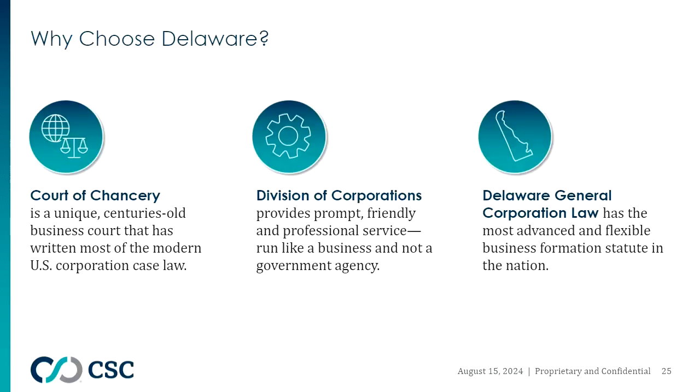Let's first talk a little about why Delaware is so popular as a place to form your entities. For the people in Delaware who work with Delaware, it comes down to 3 things: the Court of Chancery, the Division of Corporations, and the Delaware General Corporation Law. The Court of Chancery has the Chancellor and Vice Chancellors. They're all appointed, have to be approved by the Delaware State Senate, and all have business backgrounds. The Court of Chancery hears almost nothing but business disputes, except for a couple of other small areas of jurisdiction.